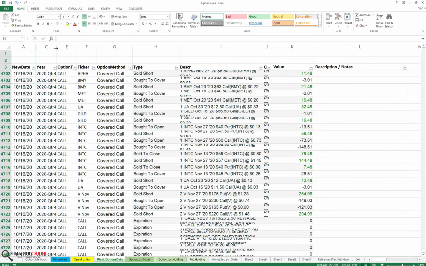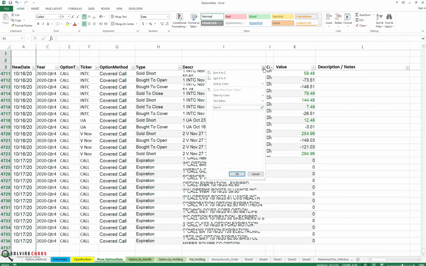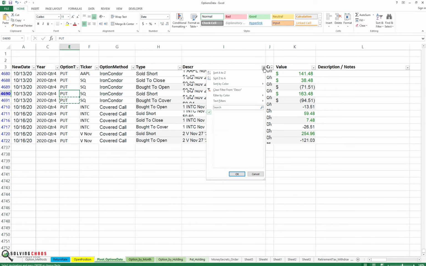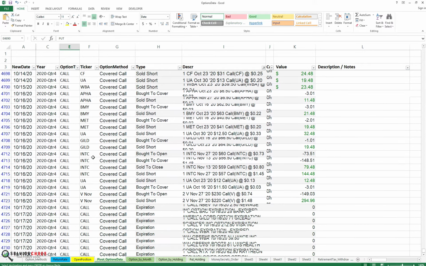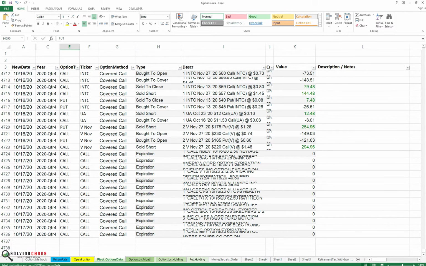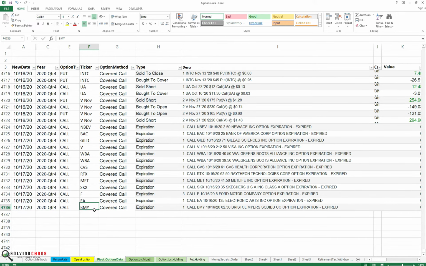I can hide all these were Q4, right? Hang on a second. I don't really care, right? I always do puts, and then I just copy and paste. The call should already be right, but let's double check. And they look good. I gotta fix the ticker symbols, so that takes a little bit longer, so I'm gonna pause it. Okay, I just changed the font. I fixed these here,